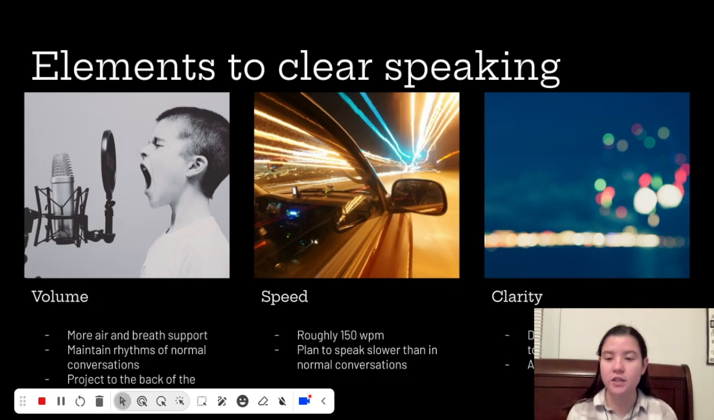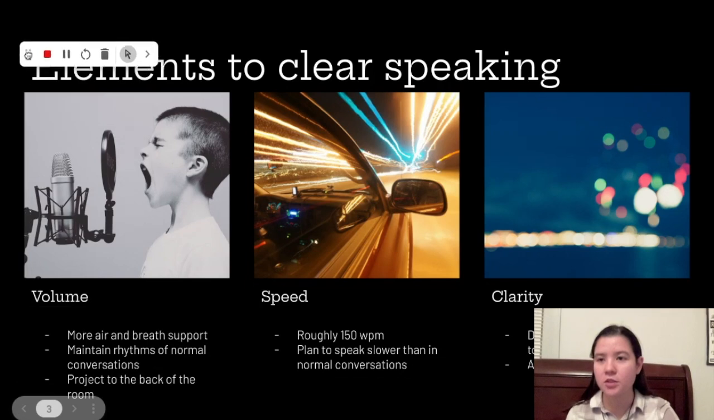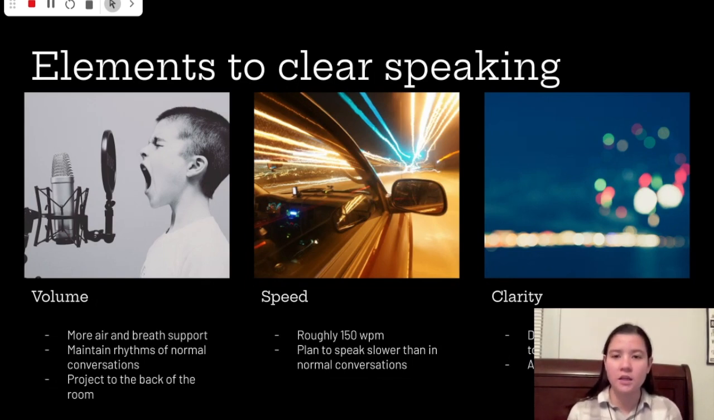Another key aspect of volume is that with your volume, you are maintaining the rhythms of normal conversations. This is another area where sometimes we see people going wrong, is they are speaking in ways that don't sound natural to how they would normally speak. They have pauses at weird times. A lot of times this is because of a lack of air and breath support that makes the rhythm